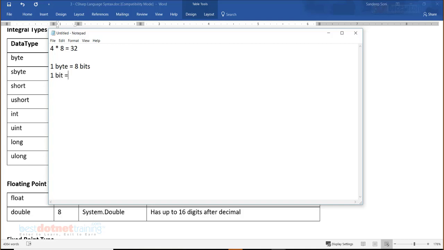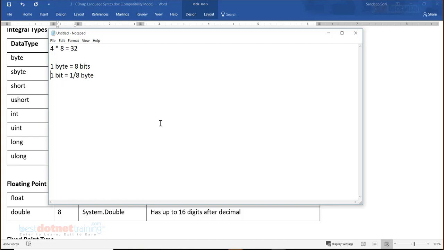Here comes the basic mathematics, and people get stuck. It is just 1 by 8. But this is where most of the beginners, most of the freshers, are stuck. They only know how many bits a byte equals, but how many bytes 1 bit equals, they are stuck.